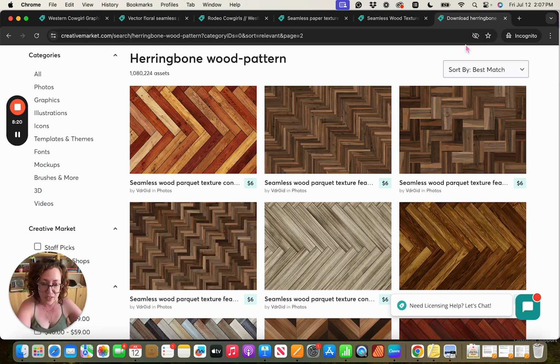All right, so now we have our clip art, we have our patterns, we have our fonts, we have our wood background, we have our paper texture. And the last thing that I want to help you take a look at is what I call scene creators, okay? These are going to be bundles that have a ton of different lifelike elements. They'll have coffee cups, pencils, they may have some devices like phones and iPads. But what we really want to pay attention to, because this is a boho style that's very based off of nature, we want to find